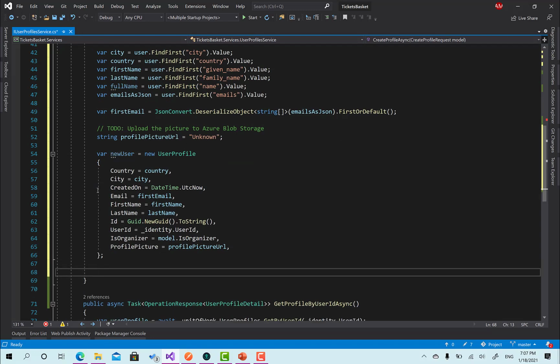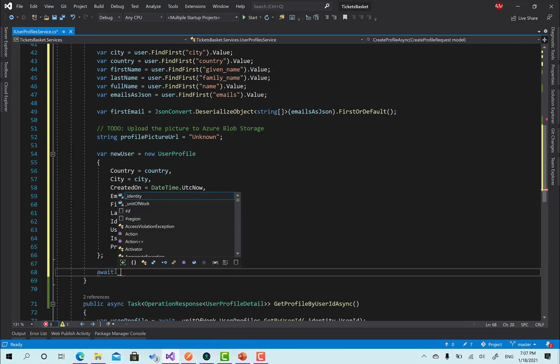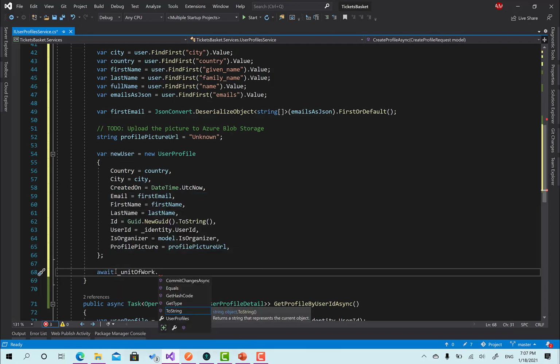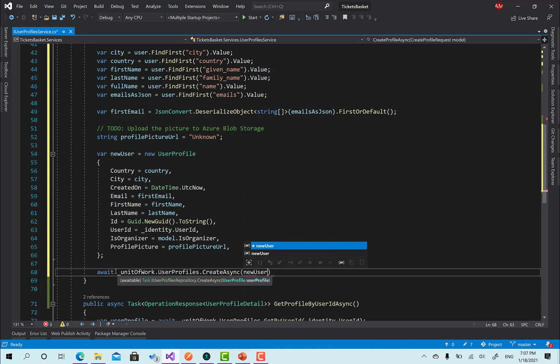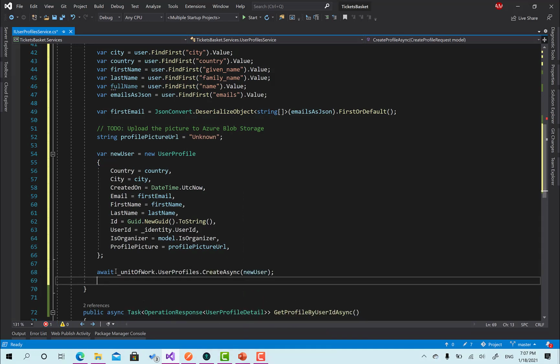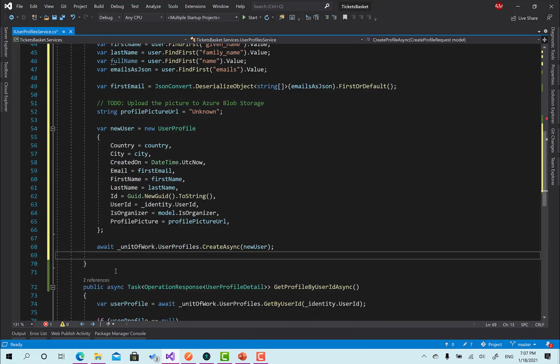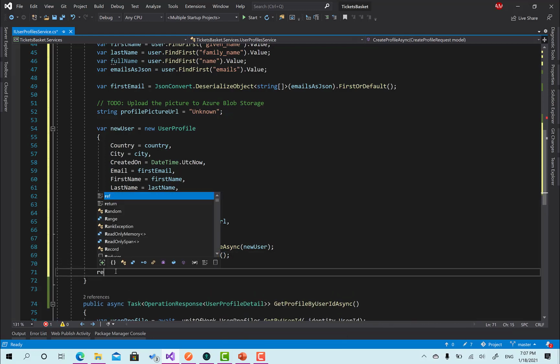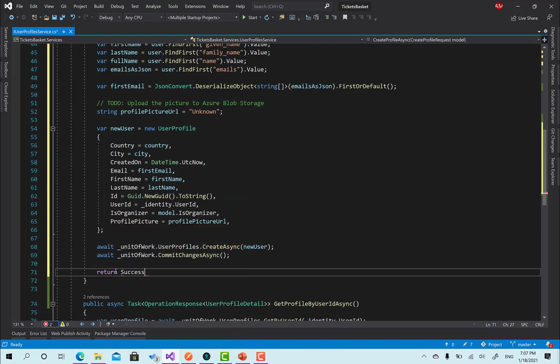Okay, that's great. Now we have created this user object. What we are going to do, let's add it to the database. Await unit of work dot user profiles dot create async new user, just like that. And what we are going to do is to call unit of work dot commit changes async. So now we have saved that, and at the end we will call the return success, which is basically this